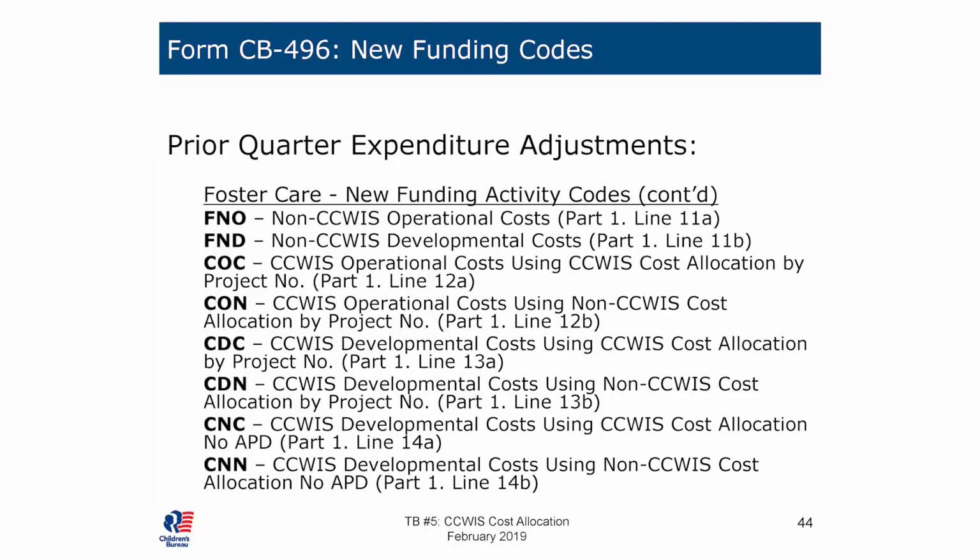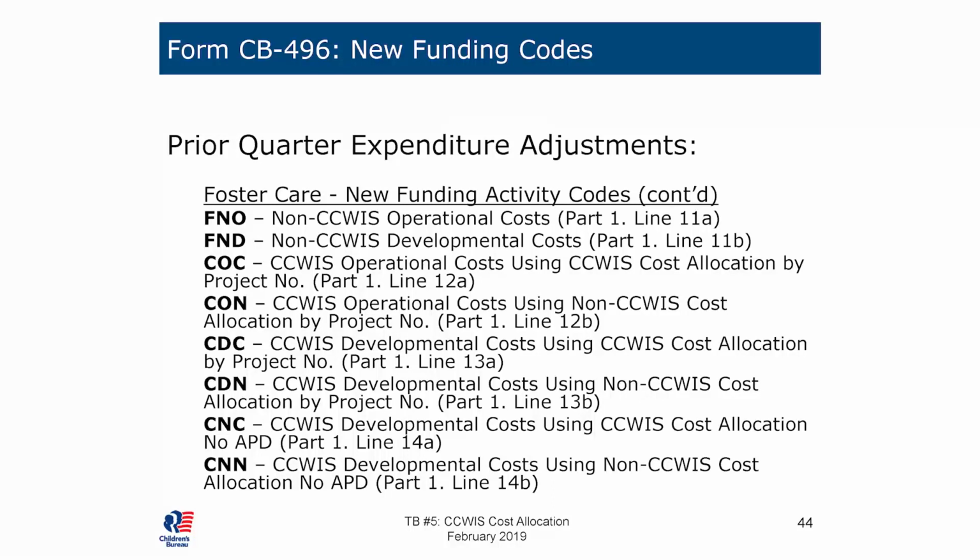You need to identify the applicable period for each adjustment, the funding code, and you report the total computable amount, either as an increasing adjustment or as a decreasing adjustment on the Part 2. However, for purposes of the reporting lines where we have project numbers, which is lines 12A and 12B and lines